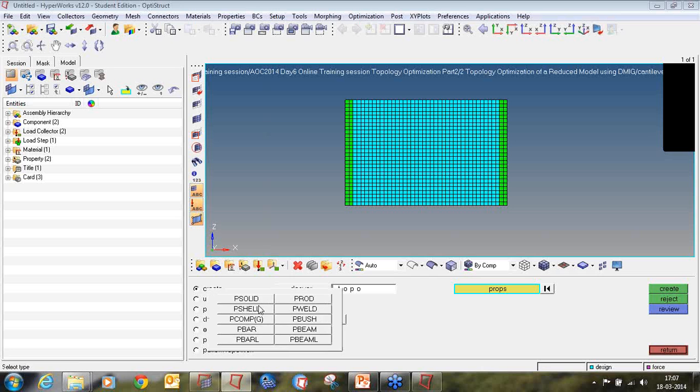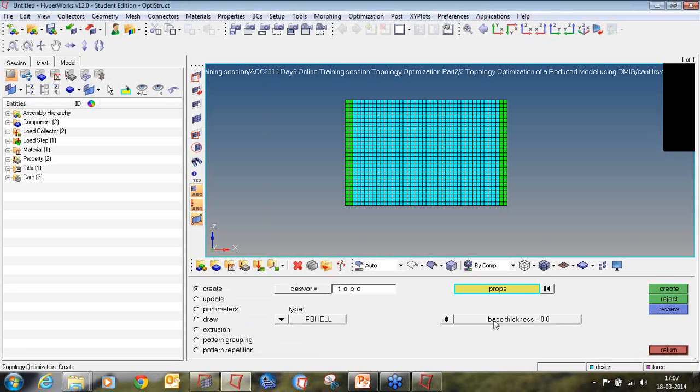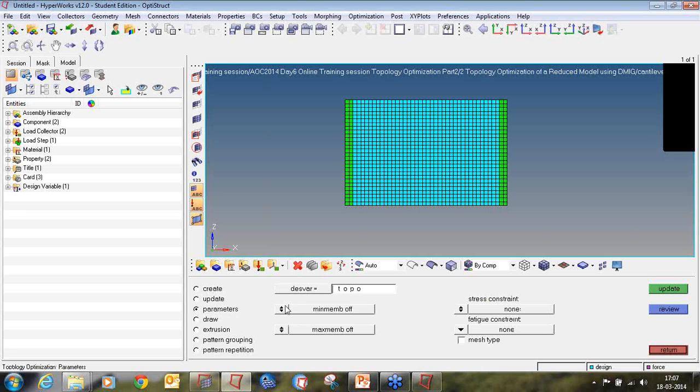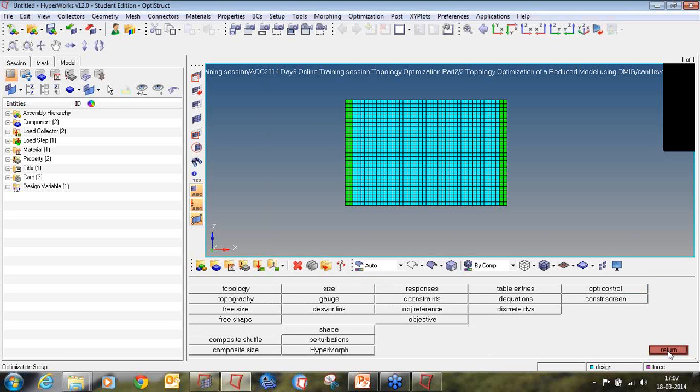Select the type as shell element, so PSHELL. Click on create. Go to parameters and from the minimum member size, toggle it down to minimum dimension of 1.2. Click on update. So this parameter gets updated. Now click on return to go back to the optimization panel.